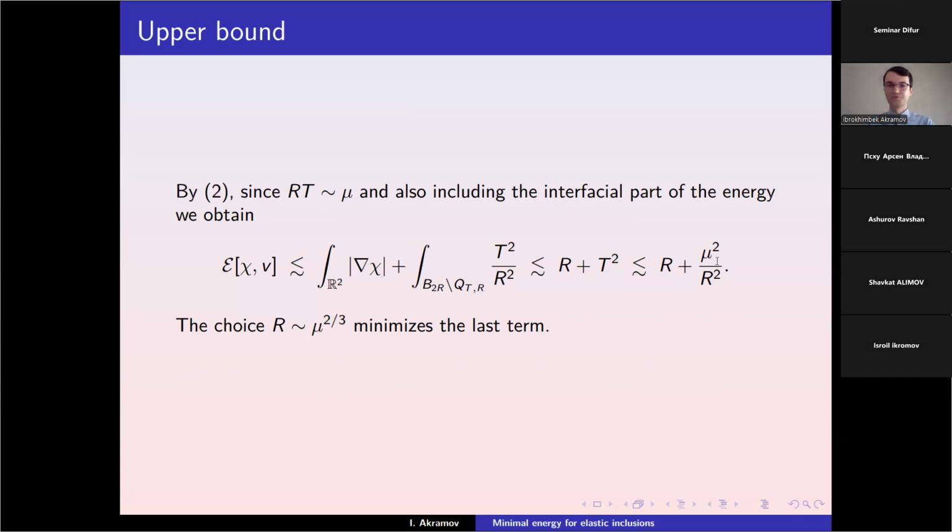So afterwards, we have r plus mu squared over r squared, because t times r is equivalent to mu,